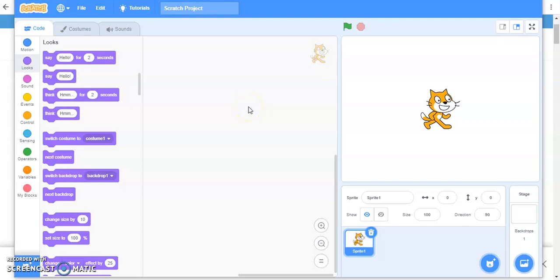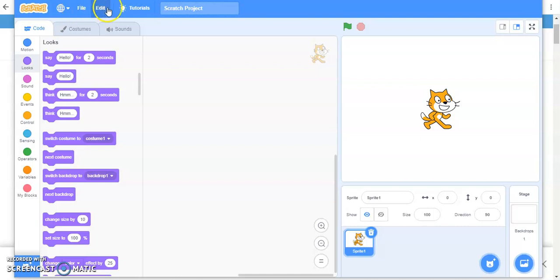Good morning, students. I have made this video because some of you faced a problem in the class 1 online session. So whatever I have taught over there, I am going to do all of that in this video. First of all, I introduce the various components of the Scratch window.